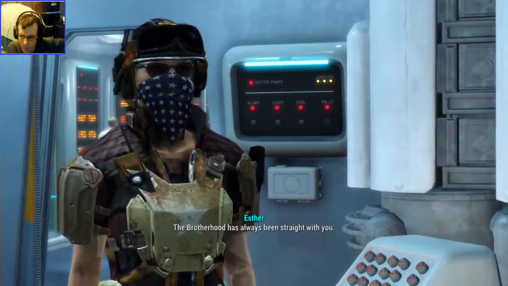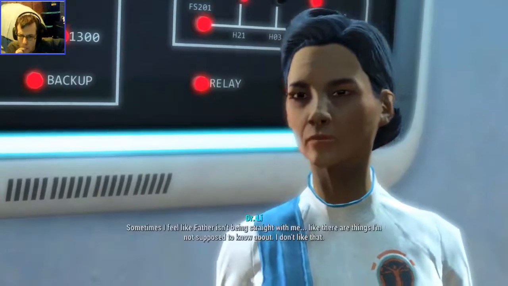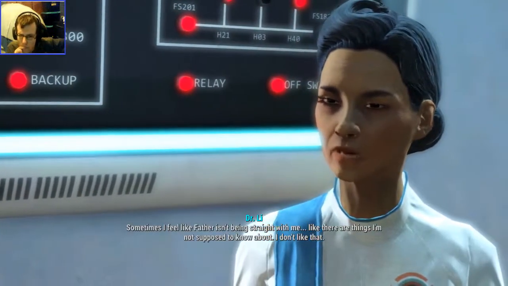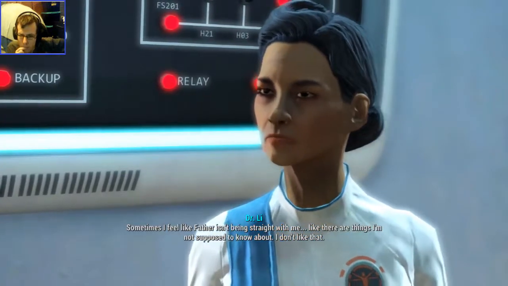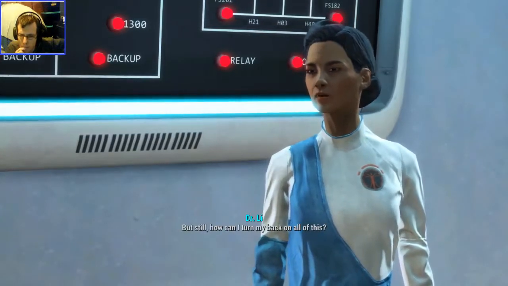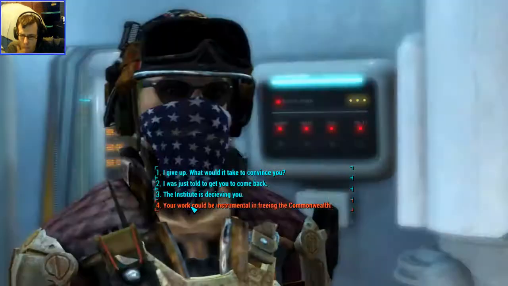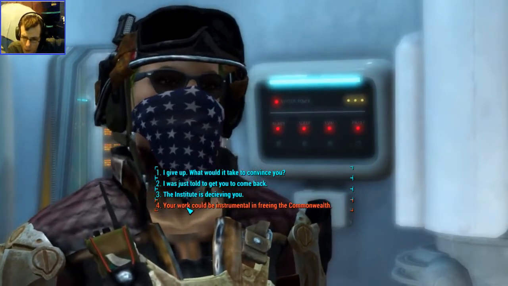The Brotherhood has always been straight with you. I am getting a bit tired of all the secrets around here. Sometimes I feel like Father isn't being straight with me. Like there are things I'm not supposed to know about. I don't like that. But still, how can I turn my back on all of this? Your work could be